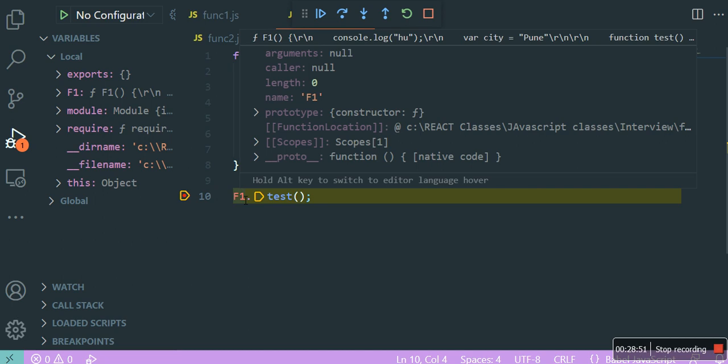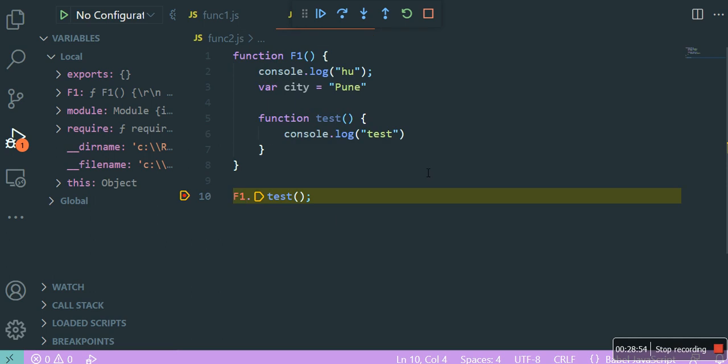There's no test name property. So how can you call this test? I want to access this thing outside. How do I call this test function outside, at line number 9, 10? Is there any way I can do that? Correct, you can access the test in the scope of f1, I agree. But still I want to access it at line number 9, outside the scope. How can I do that?